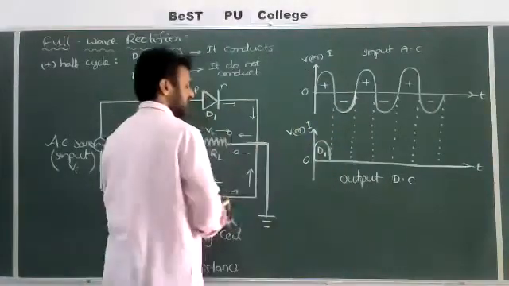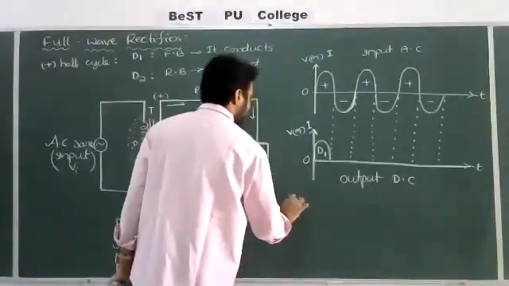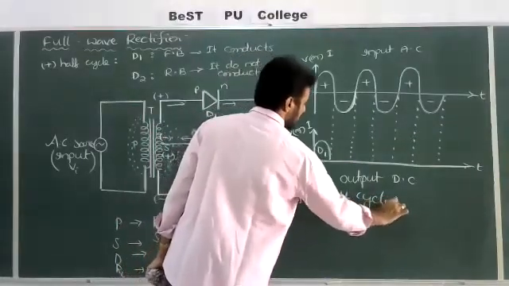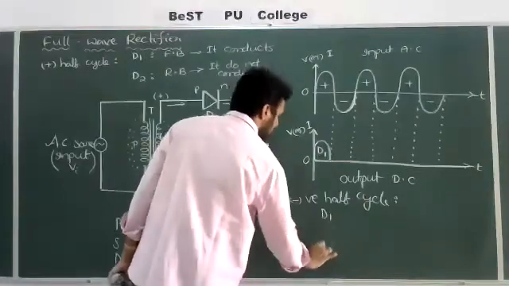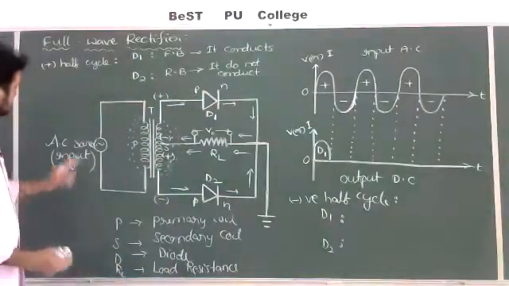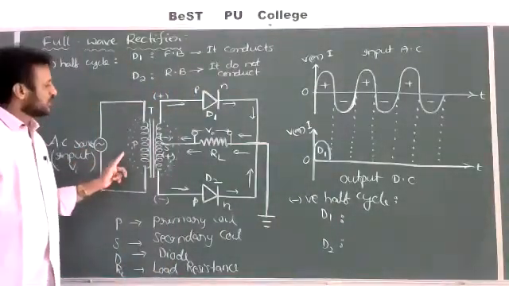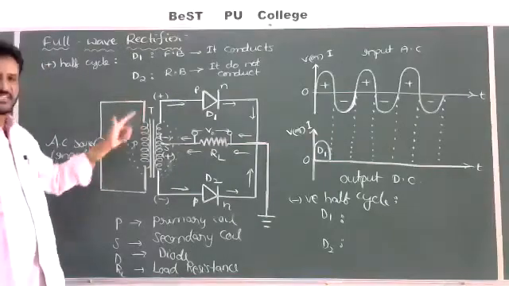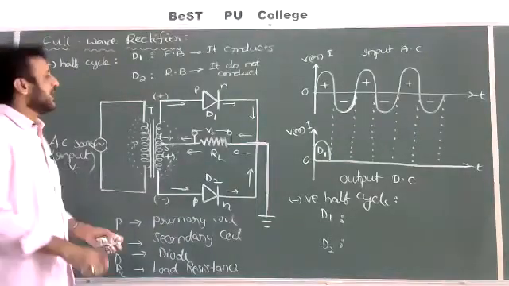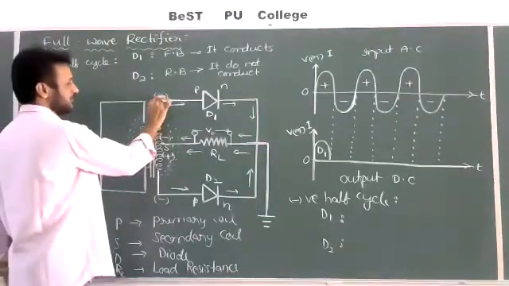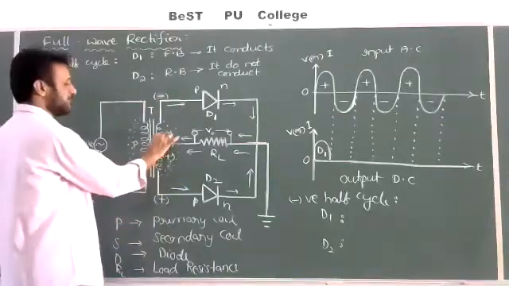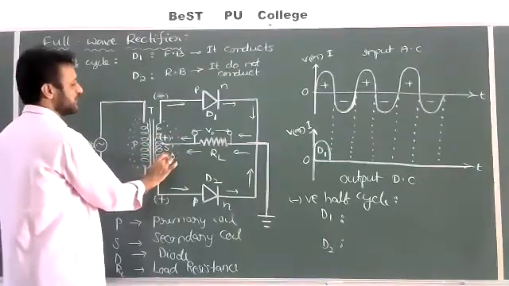The direction of the current AC will be reversed during the negative half cycle. During a negative half cycle, what happens to D1 and what happens to D2? We have to check. During a negative half cycle, the direction of this AC will be reversed. So automatically the magnetic flux direction also changes and the induced EMF will also be reversed. So the upper part becomes a negative terminal, this lower part becomes a positive terminal, and because of the center tap transformer, this upper becomes plus, this lower part becomes minus.